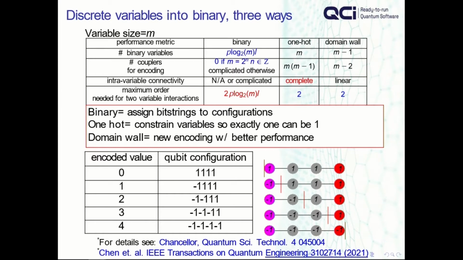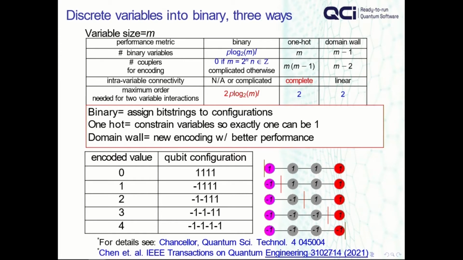That's obvious. The problem is on a D-Wave device, and realistically most devices, you'll only have quadratic interactions. And when you try to do that, it becomes kind of terrible. Things sort of add up. There's the traditional method, which is called one-hot, where basically you constrain a group of variables and you say only one's allowed to be 1, say of 3 variables, one's allowed to be 1, all the other ones have to be 0. That automatically encodes a discrete variable.